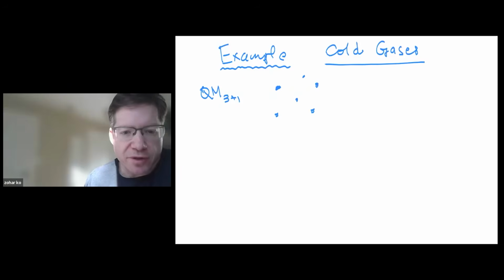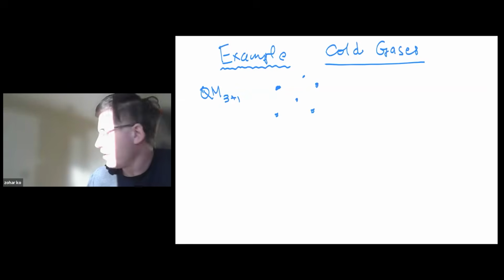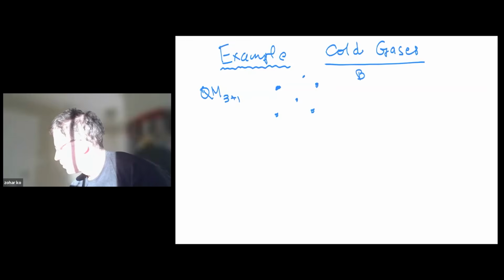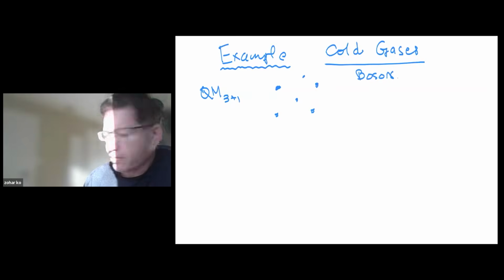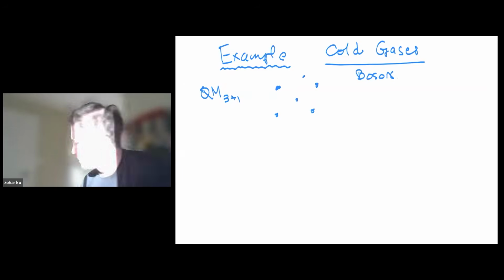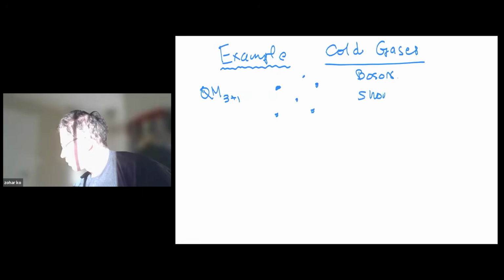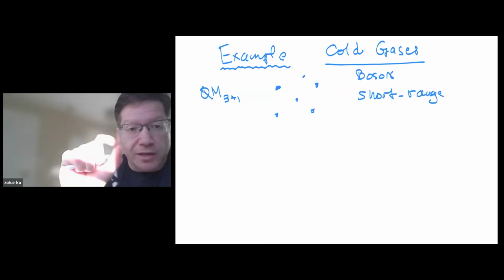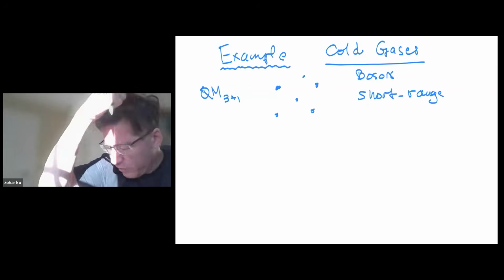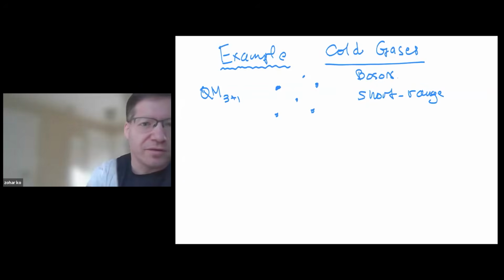And these particles will not be free. The particles will be bosons, but they will not be free. There will be a small interaction between them. And we will assume that the interaction is very, very short range. Short range means that the particles will come in contact only if they collide, essentially. They will feel each other's presence only if they actually collide, when the wave functions literally overlap with each other.